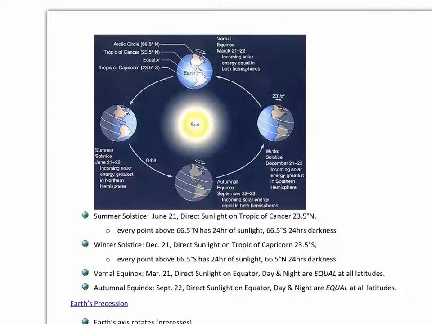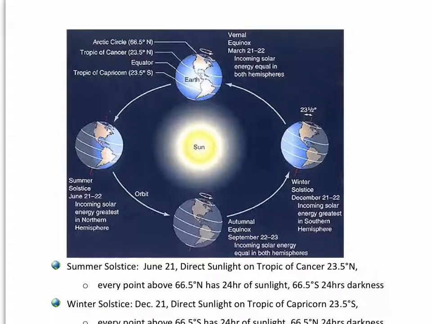And now for the visual learners. We got a nice little picture for you. If you look here, it's showing 4 key positions, what are known as either the equinox or the solstice. During the summer solstice, June 21st, 22nd, the most direct angle of insolation is going to be striking on what's known as the Tropic of Cancer, which happens to be right over here.